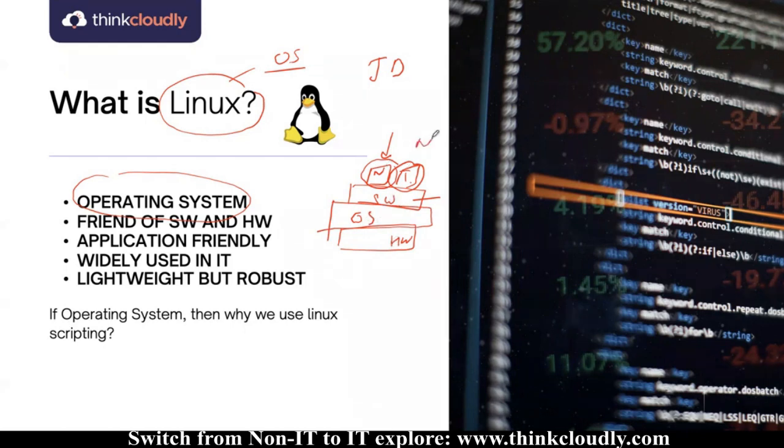So let's say you open Netflix. Netflix will ask the operating system, I want to consume 2 GB of RAM. The operating system will talk to hardware and allocate 2 GB of RAM for Netflix. That's why whenever you open Google Chrome in your laptop, it takes some time. Why does it take time? Because the operating system is trying to communicate and allocate memory to your application. Whenever you open an application, it takes time to load because hardware allocation is going on in the background. And that is the work of the operating system.